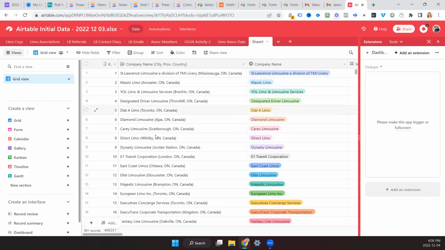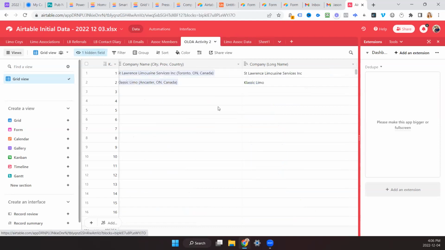We're talking about this field, right? Yeah, so if I make that my link field, like I have in all my other tables, I have that field as the link table. When I make that a link table, it deletes all those records. Okay. And so I end up with what you see in OLOA activity. That's what I ended up with when I did the link. I just manually added those two companies in.